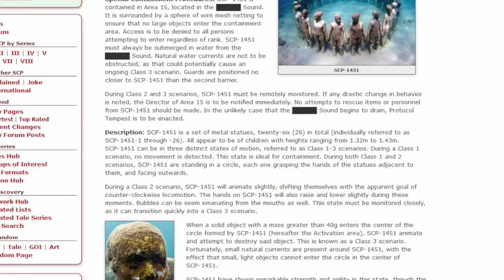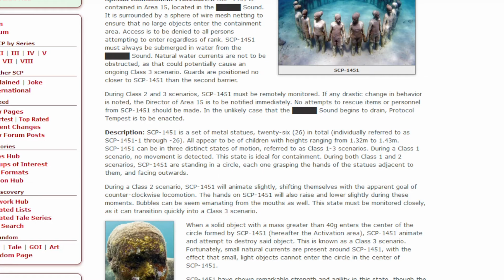SCP-1451 is a set of metal statues, 26 in total, individually referred to as SCP-1 through 26. All appear to be of children, heights ranging from 1.32 meters to 1.43 meters. SCP-1451 can have 3 distinct states of motion referred to as Class 1 through 3 scenarios. During Class 1, there's no movement detected. This state is ideal for containment. During Class 1 and 2 scenarios, the